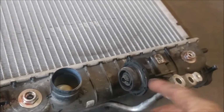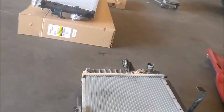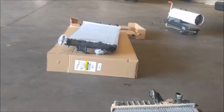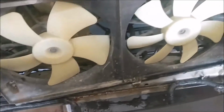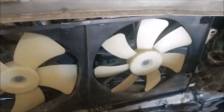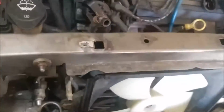The new radiator doesn't have those, so you take those off of there, take your condenser off, put your condenser on the new radiator, and put your rubber grommets on there. I suggest if you're going to replace the radiator, you get a new cap, and then you just put it all back together the way that it came out. I will tell you that this one had never been removed, and